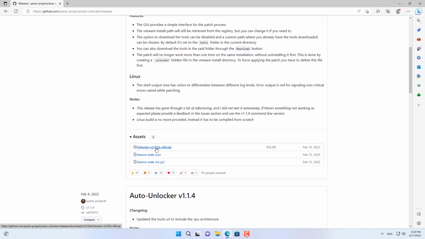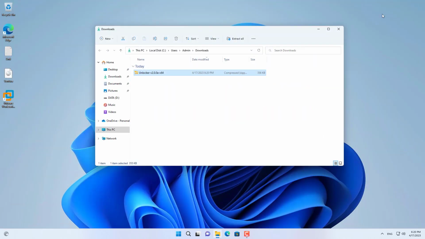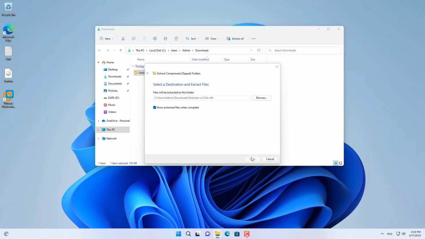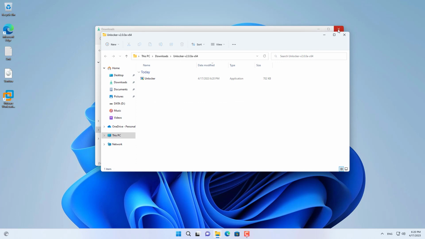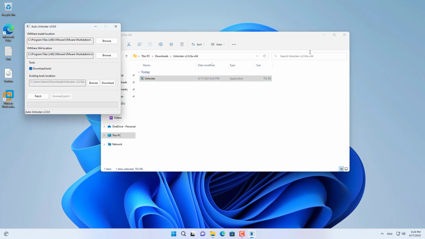By default, you cannot create a virtual machine running Mac OS on VMware, so you use a patch to make the impossible possible. I put this patch link in the description. You download the patch to your Windows computer and extract it. Then you run it with admin rights.